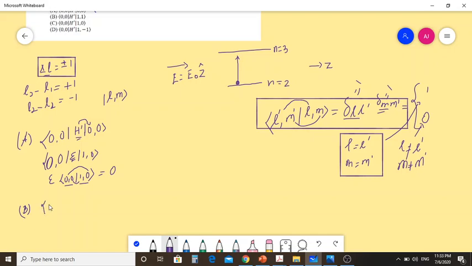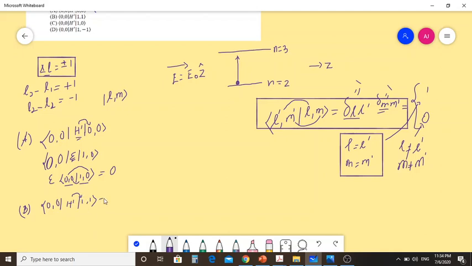Take the left hand side, that is 0 comma 0, it is here. The interaction Hamiltonian is interacting with the right hand side, 1 comma 1. Now what will it do? It will raise the state by 1, or it will lower the state by 1. So the selection rule of plus or minus 1 is allowed. We have to put plus 1 or minus 1 for the L, then check the inner product. Minus 1 means it goes to 0, and plus 1 means it goes to 2.